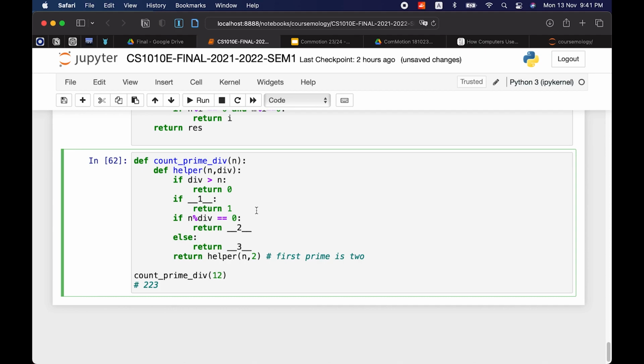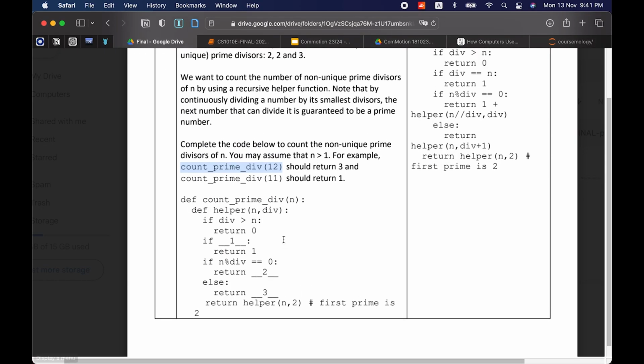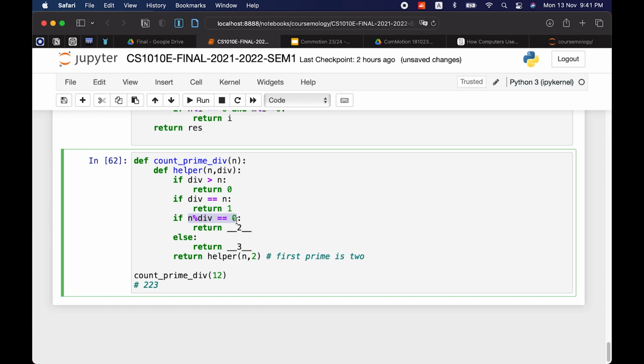Let's see, what is this trying to tell us? If it is n, because n divided by the divisor will be 1. Then n modulo div is 0.